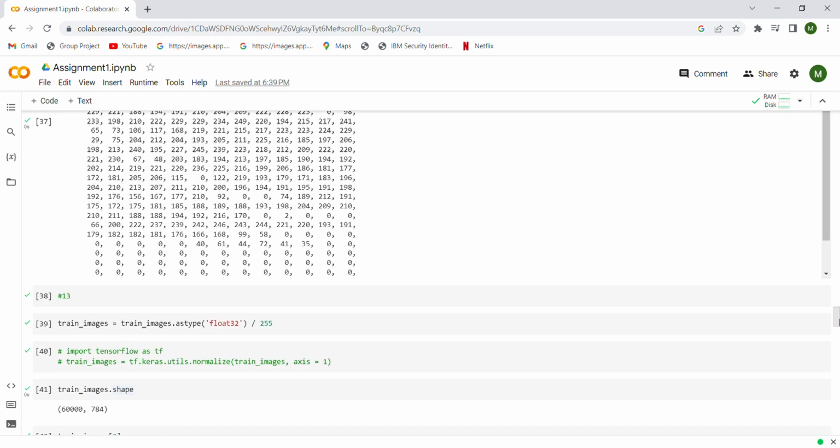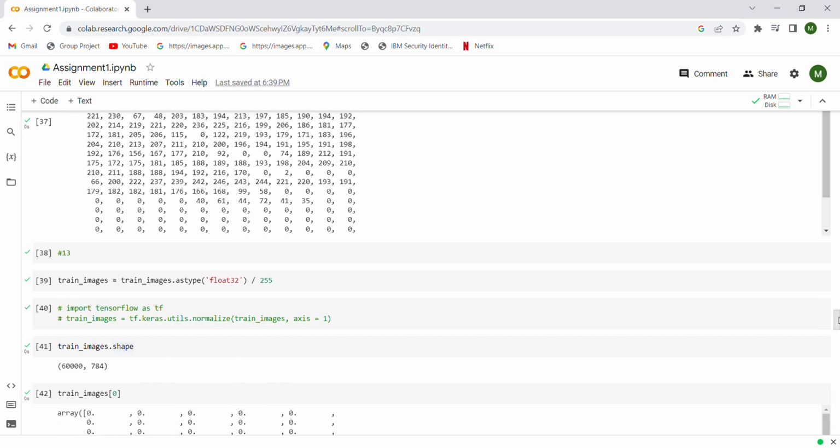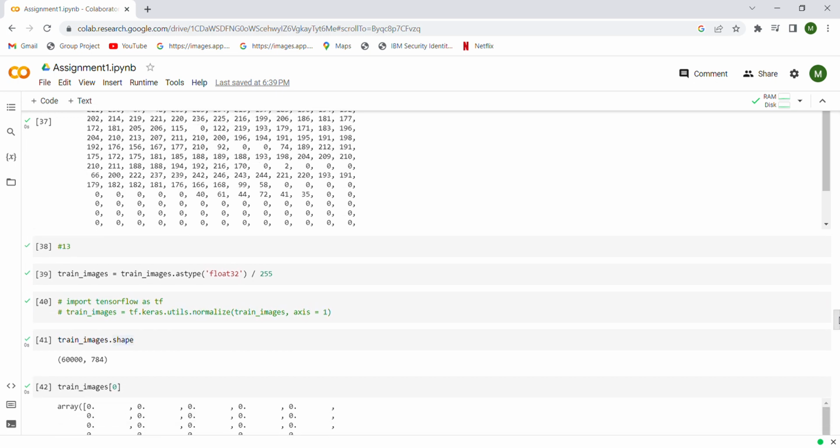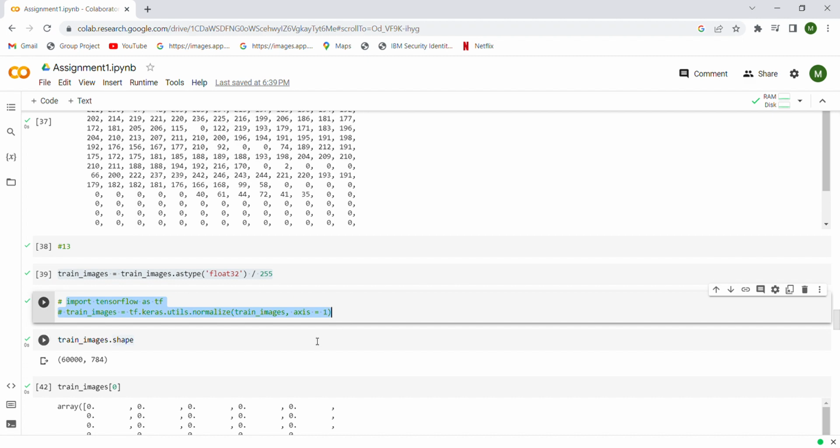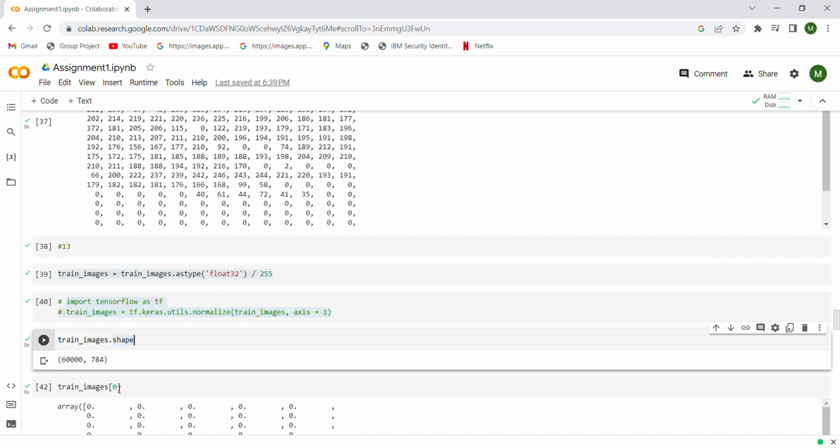Moving on to the 13th question, it says also please normalize the image by dividing the image by 255. We have to use the same, one book method and one video method. So for that, I've written one of the book methods over here and one of the video methods as asked, and it's the same as the